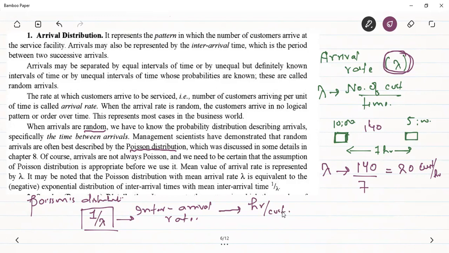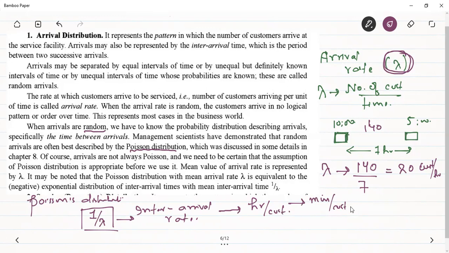सो clearly see what is the difference between arrival rate. Arrival rate means number of customers arriving per a unit of time, कि एक यूनिट टाइम में कितने कस्टमर आ रहे हैं। यहाँ पे हमने यूनिट लिया था आवर। तो एक घंटे में कितने कस्टमर्स आ रहे हैं, 20 कस्टमर्स आर कमिंग पर आवर, देन इट इज द अराइवल रेट। बट कितने टाइम के बाद एक कस्टमर आता है, दैट इज नोन एज इंटर अराइवल रेट, और इट्स यूनिट कैन ऑल्सो बी मिनट पर कस्टमर. Okay, its unit can also be minutes per customer.